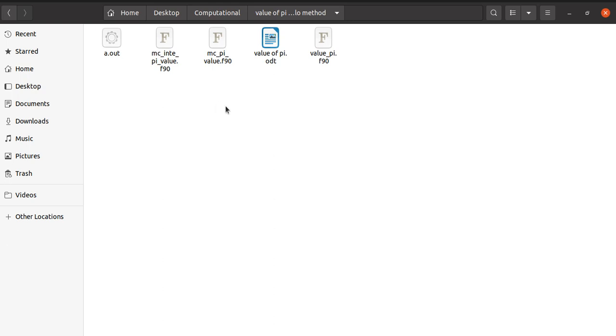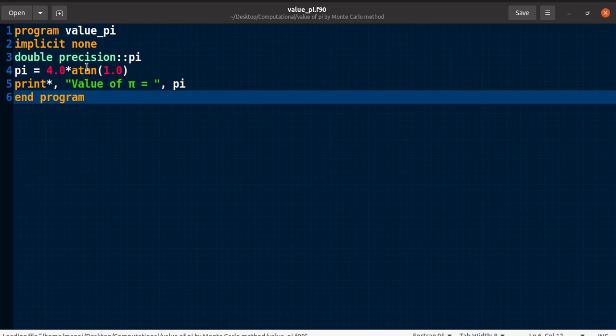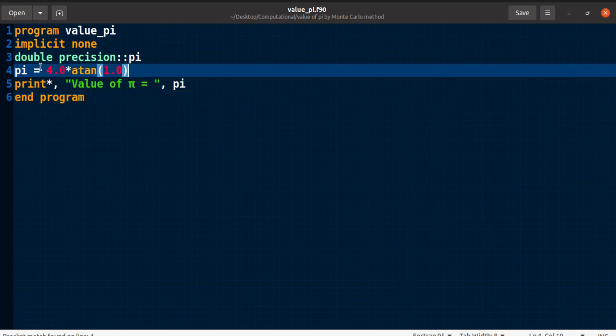So in most of my previous videos I have shown you how to use the value of pi. Here is a Fortran file I have created that simply gives you the value of pi, and it looks like this. I think you have remembered this term. Pi is equal to 4 times arctan of